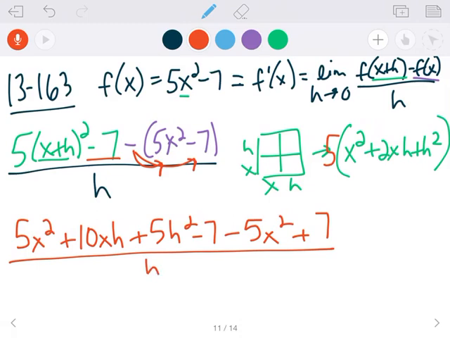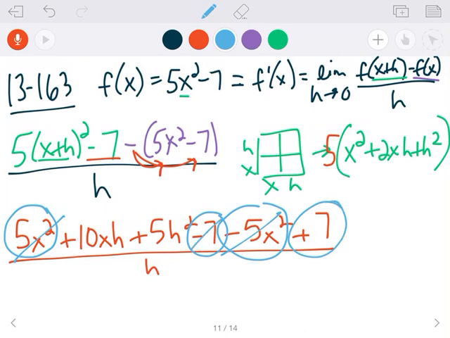And then our goal is to just simplify it. So to simplify it, we have 5x squared minus 5x squared. That's 0. Negative 7 plus 7, also 0. So we're left with 10xh plus 5h squared all over h. Notice that every one of those terms has an h in it that's being multiplied, so we can make a giant 1 with that, which leaves us with 10x